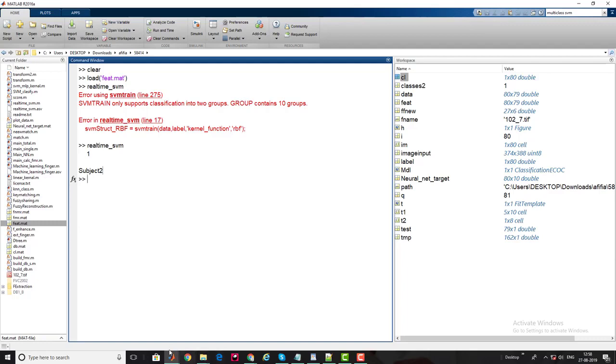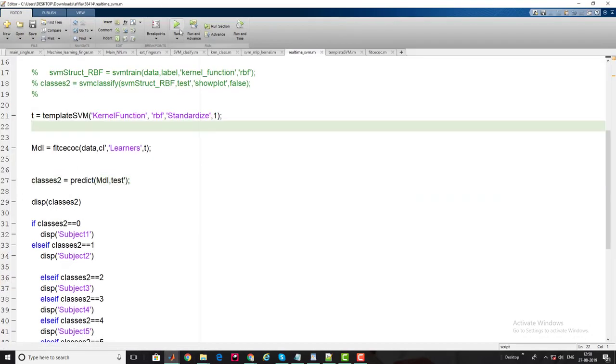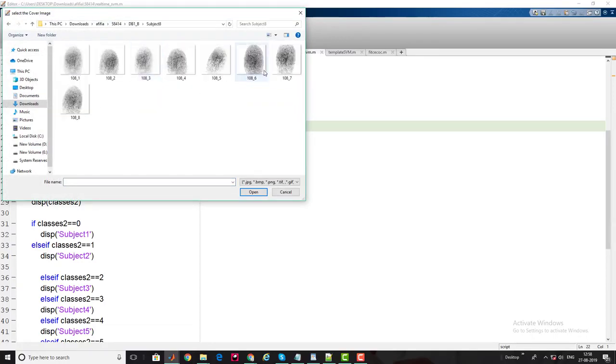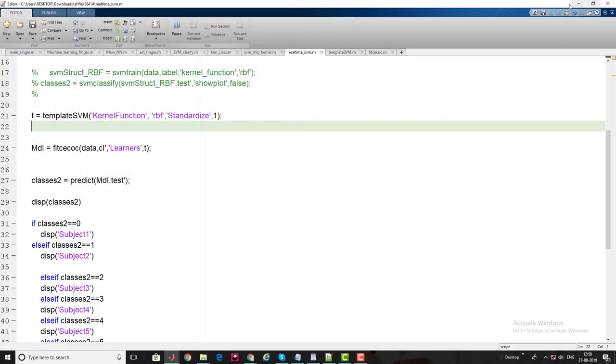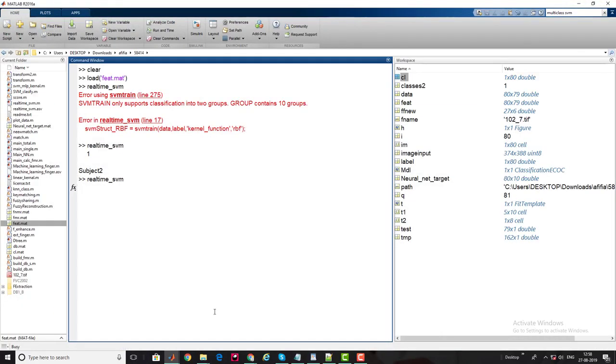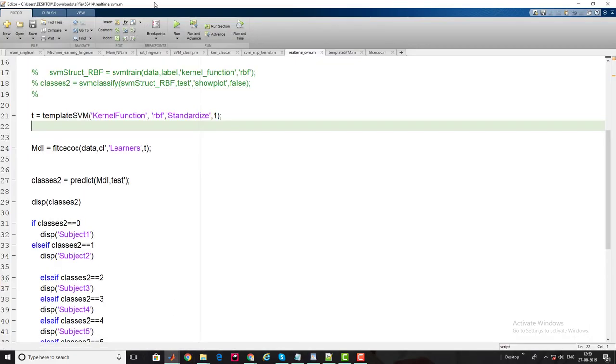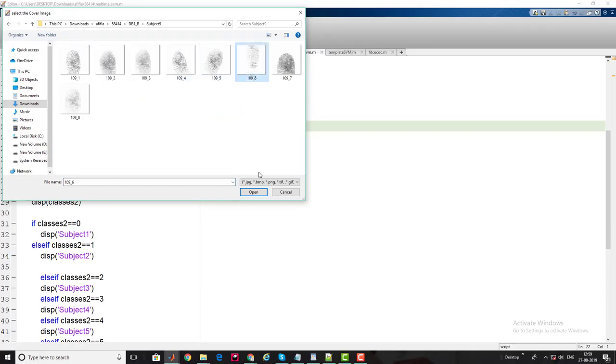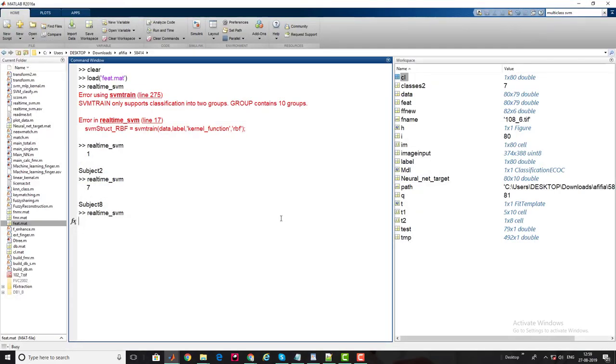And now I'm going to execute this code again for another subject. Let's say subject 8, any image, subject 6, and let's see whether I get subject 6 as the prediction or not. Yes, I used subject 8 and image number 6. Let's check another image, the 9th subject and 5th image, and let's see how accurately it is able to predict.